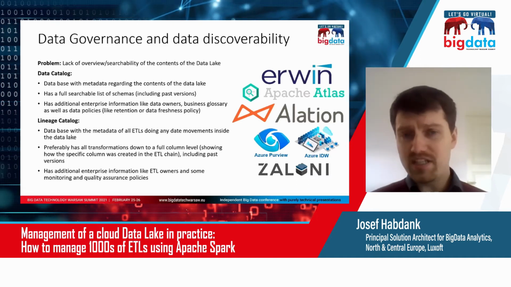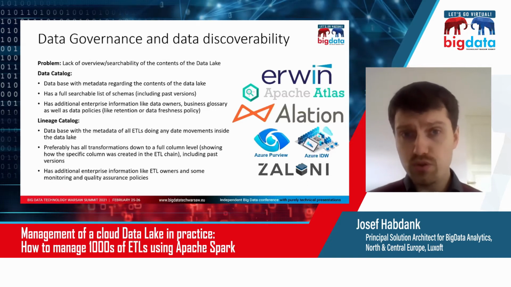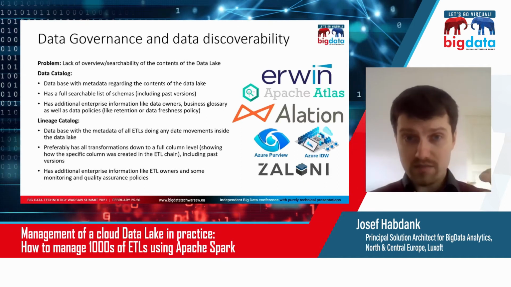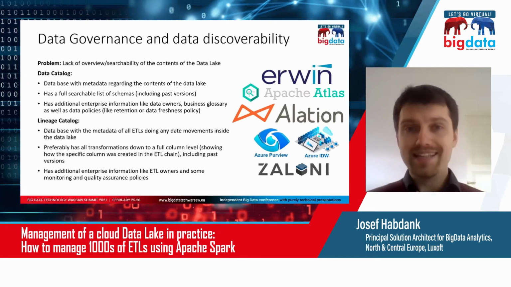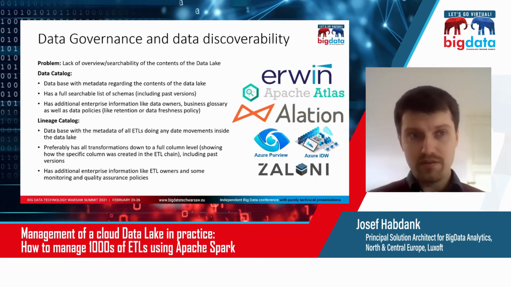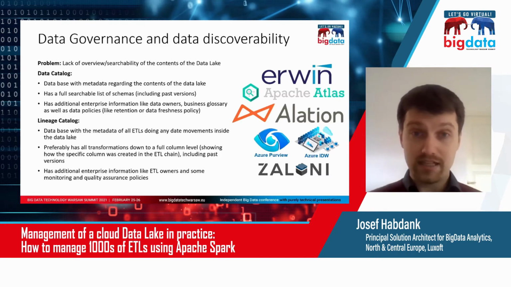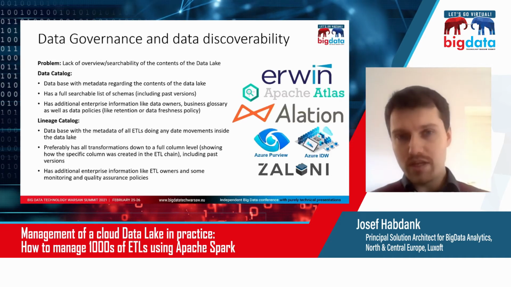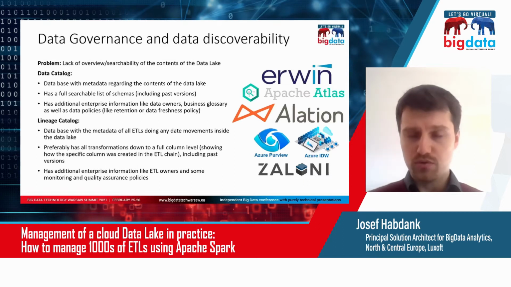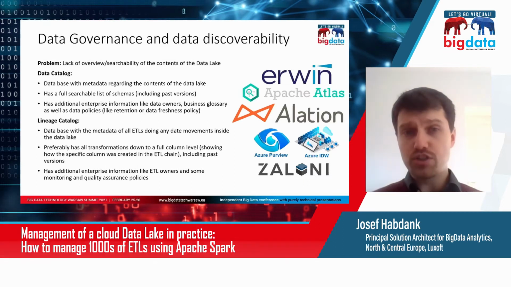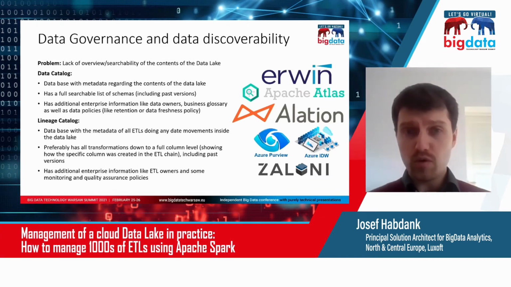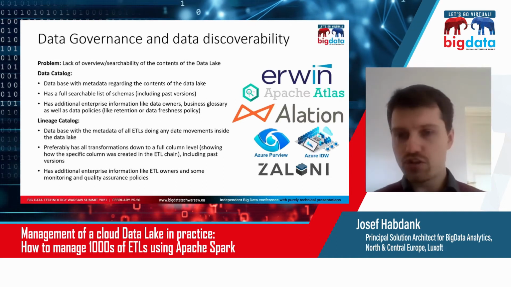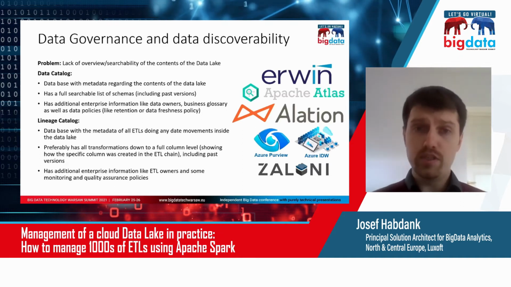And we don't have any preference on which one to use. What we did, however, is we made a small layer designed by us, a small repository that our Spark infrastructure interacts with, which has the lineage and the data catalog, which is only designed for this framework, which then is connected to the bigger data governance tools, right? So we made a kind of buffer layer, which is designed specifically for our ETL framework, that then can be easily integrated with Erwin, Apache Atlas, Elation, Azure Purview, or whatever else you're going to be using, right?